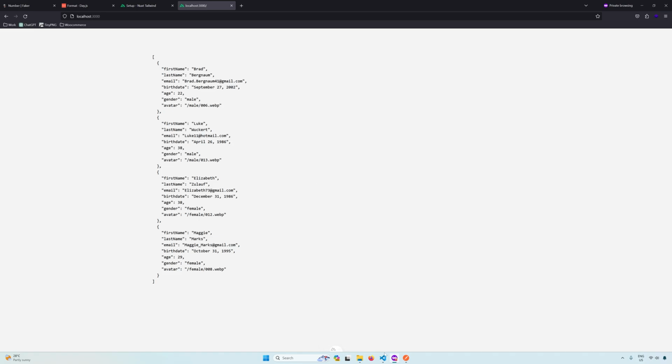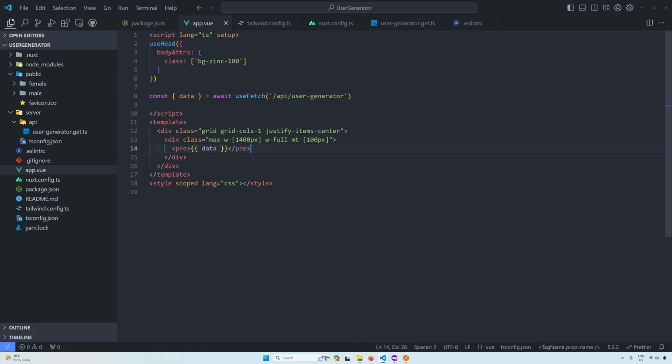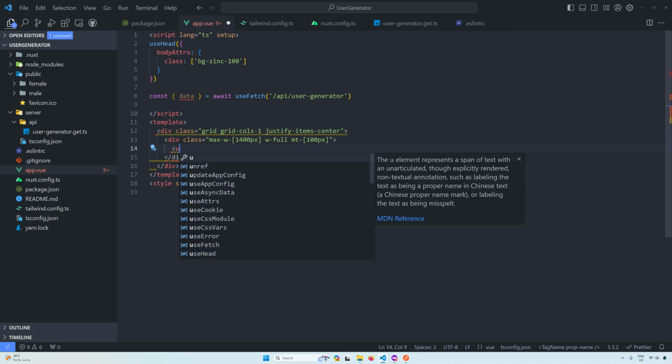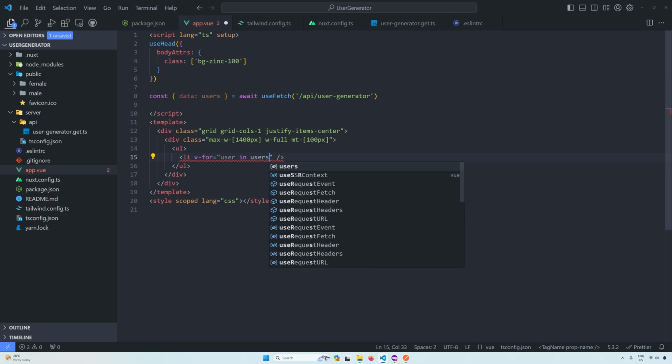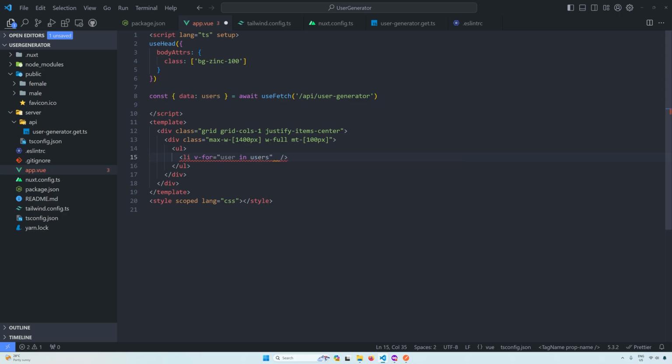Okay, and then next, let's create a for loop. So here ul, and then li, and then v-for. Okay, and let's also change the data, instead of data, let's say users, or small u, and then user in users. Okay, and then the key, that will be